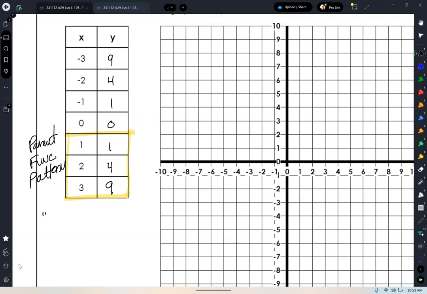So you're going to hear me say it's the 1, 1, 2, 4, 3, 9 parent function pattern. And that's from the vertex. Wherever we shift the vertex to, like we saw with our transformed functions, wherever that vertex ended up, then it was 1, 1, 2, 4, 3, 9,